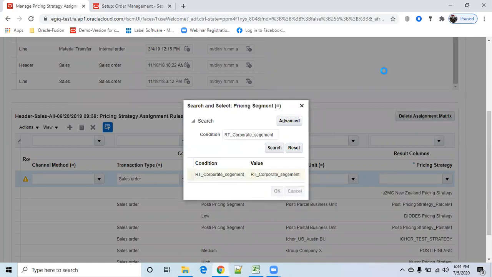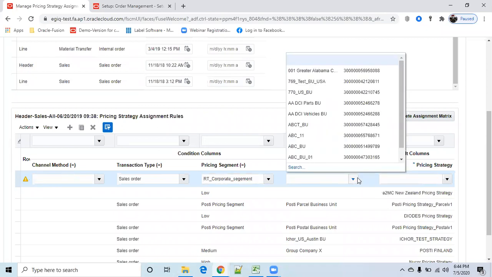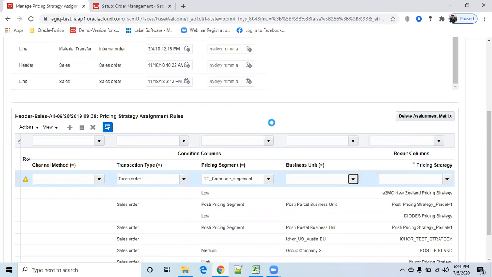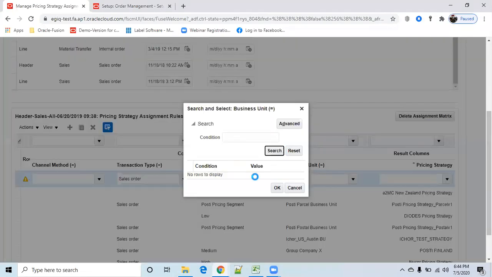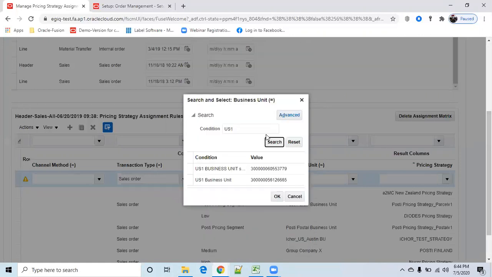Okay, and this assignment we are giving to specific BU or for all BUs. If you are not selecting BU here, this assignment will be applicable for all, or else specific BU. So I'm selecting BU wise, US1 BU.